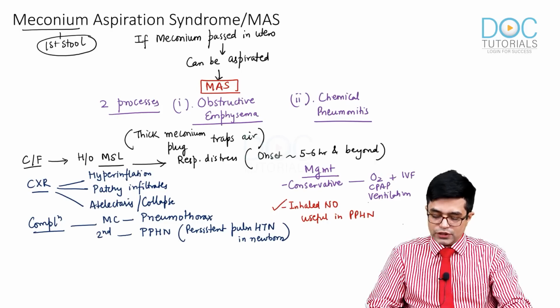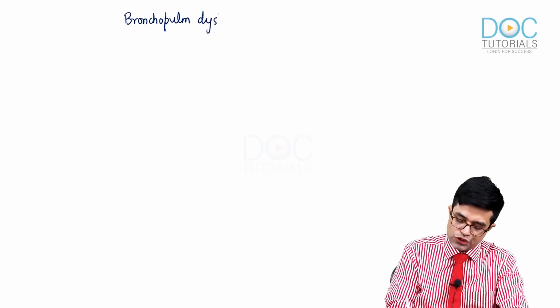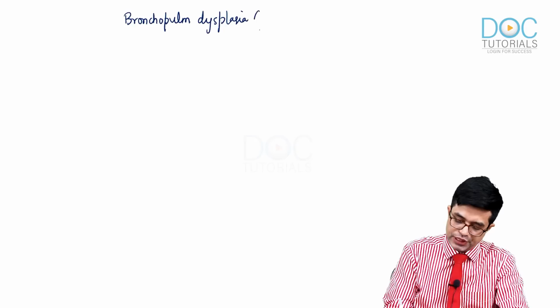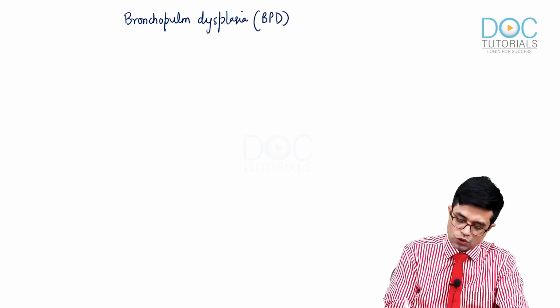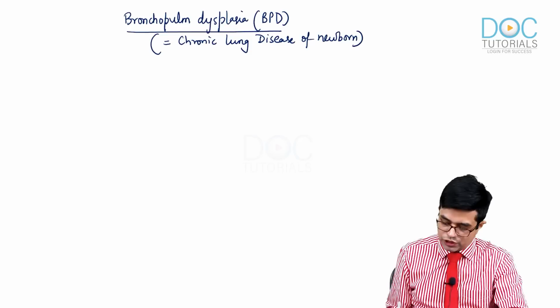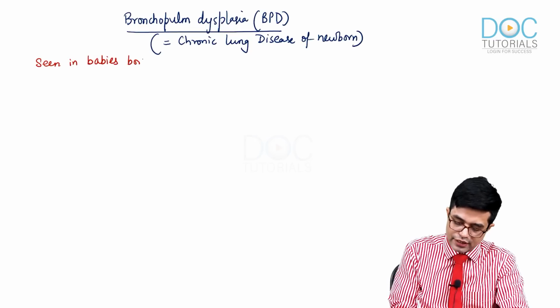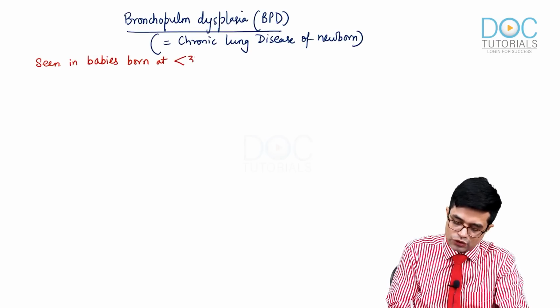Now quickly we move towards the next disease, that is bronchopulmonary dysplasia. In short, it is written as BPD. The old name of this condition is chronic lung disease of newborn. This is the older name, CLD of newborns. What is the age group in which it is seen? It is seen in babies born at less than 32 weeks of gestation,